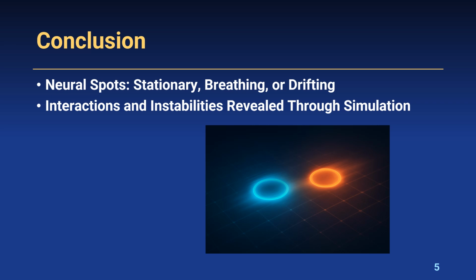And to answer our initial question, how do these spots behave when they interact or move? Well, the answer is fascinating. These spots can drift, collide, and even scatter like solitons, leading to new patterns of neural dynamics. This behavior could be crucial for understanding how localized activity in the brain interacts and spreads across regions, influencing cognitive functions like memory. As we wrap up today's review, you might be wondering what other complex phenomena lie in wait